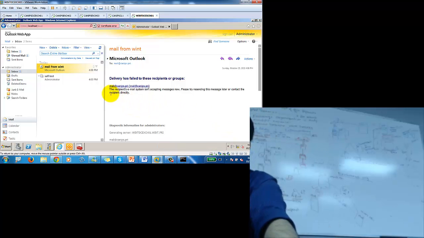So here it's saying the recipient email system isn't accepting messages now. Please retry sending this later. So at this point, this is a message saying that we cannot send to mali@canaps.local. Guys, while doing all this,